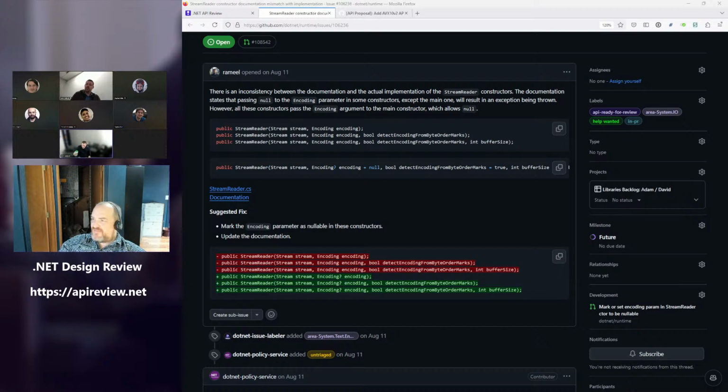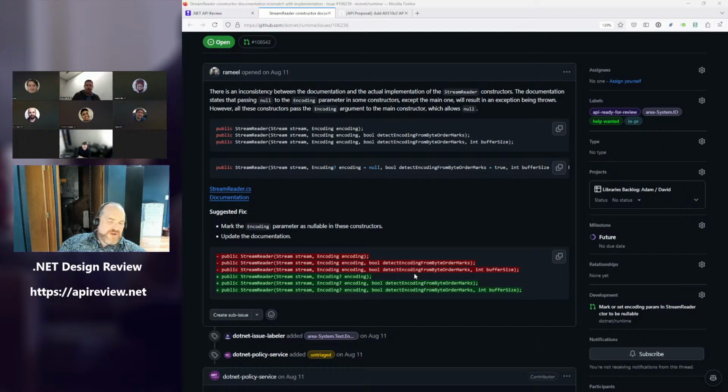Actually, no. Full framework requires that parameter to be specified. Interesting. Oh, the long constructor requires it. Yeah, full framework will actually throw an argument null exception if you give it null, which is weird to me, but okay. And if you call an overload that does not take that argument, then it assumes UTF-8 and just passes it right in. That's cool, I guess. Fun times. Very odd that there's a mismatch here between full framework and core.